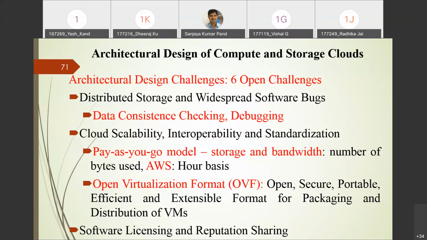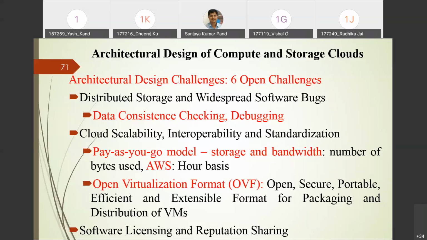Here you can see there is a format called the Open Virtualization Format. It is an open, secure, portable, efficient and extensible format for packaging and distribution of VMs. Whenever a VM is assigned to a particular physical machine, its characteristics, its features, and its associated data also need to be sent to that physical machine.